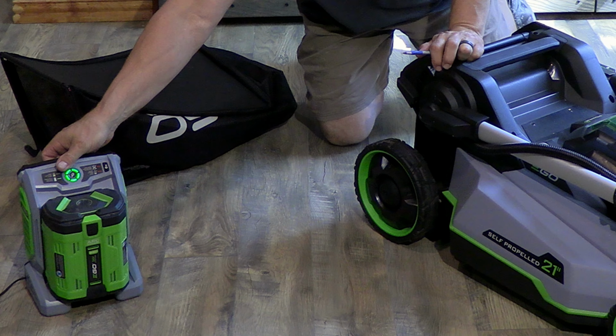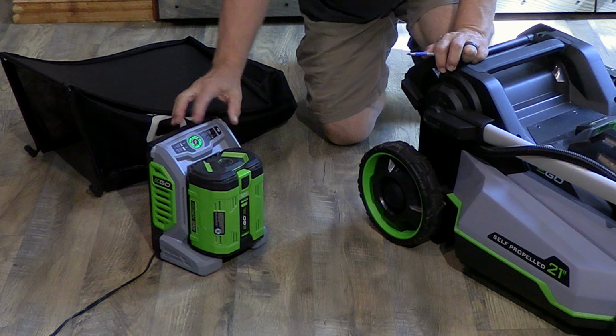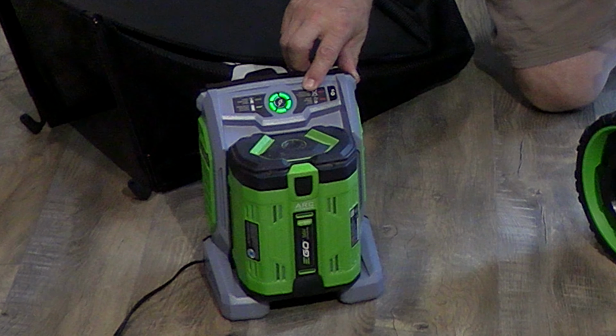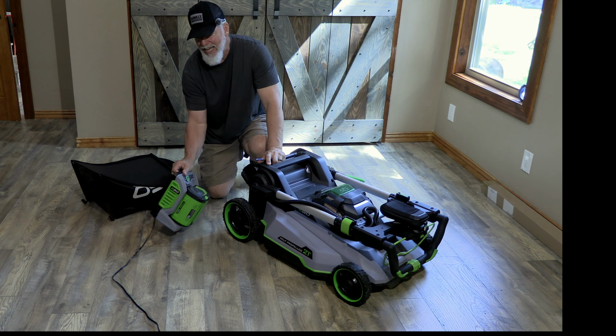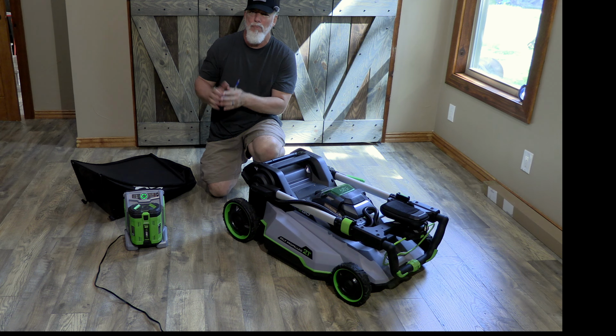And this charger is awesome, by the way. It has a little handheld piece where you can carry it here. Has indicators to tell you how fully charged or not charged you are on the battery. And if you look at the back side, it has mounts. So you can literally hang this in your garage and it can be up and out of the way,